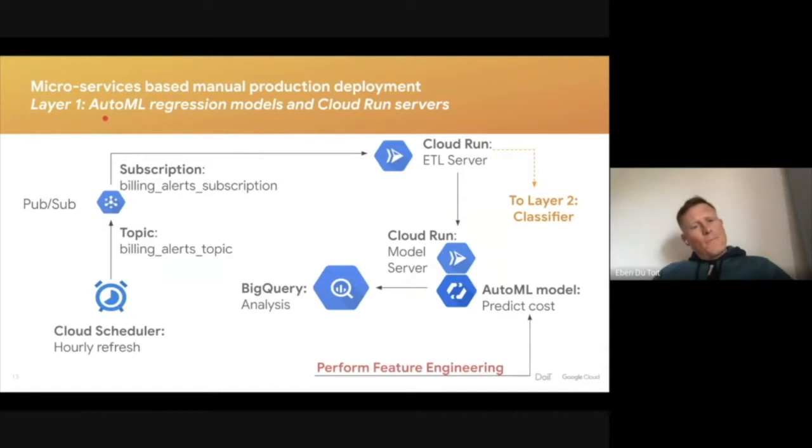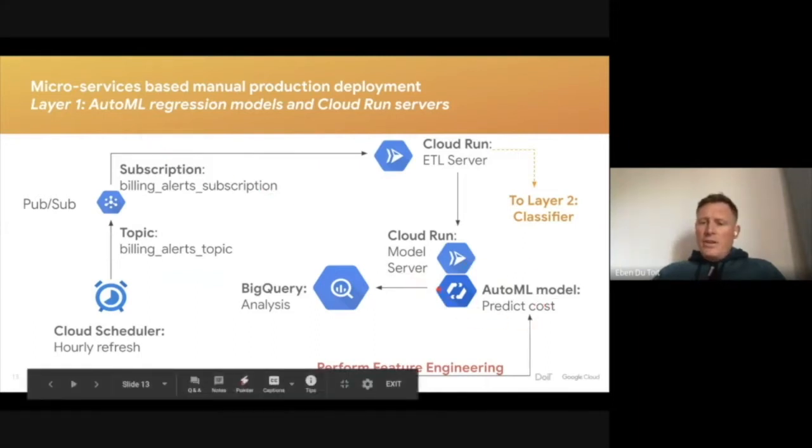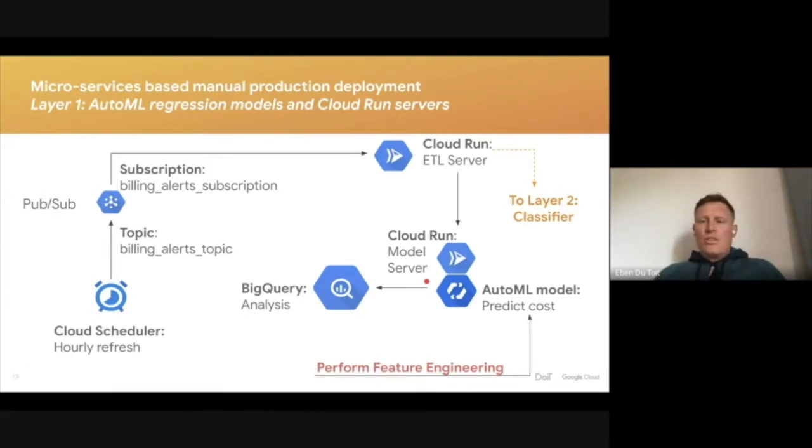As you might have seen in the previous webinar episode, we are using AutoML, which is over here, to predict this average cost for a particular service broken down per customer billing project, specific usage time, and the specific service, which might be BigQuery or Cloud Run or Compute Engine, or all of the multitude of services that Google Cloud has. How we use the system is we have got Cloud PubSub, and Cloud PubSub is what we can call